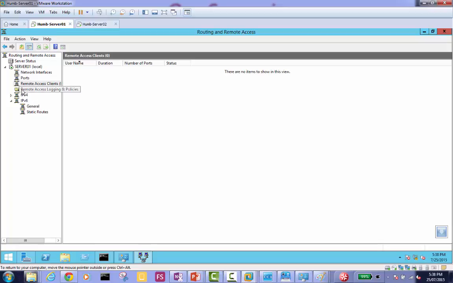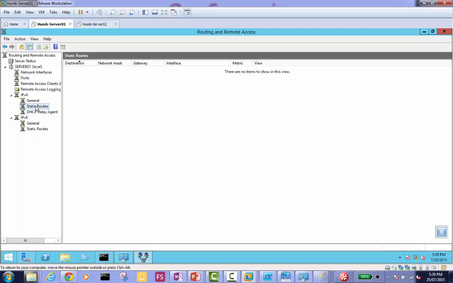Okay, then there is IPv4 based setting here, general, and then there are static routes, and there is a DHCP relay agent. Static routes is that you want to make a static persistent connectivity between one segment or one network and another network.